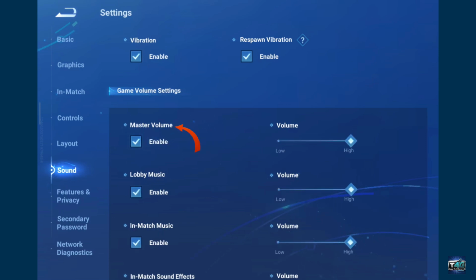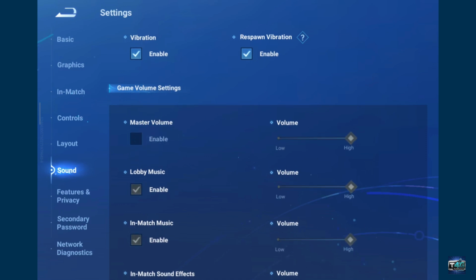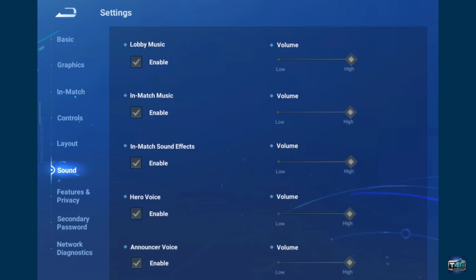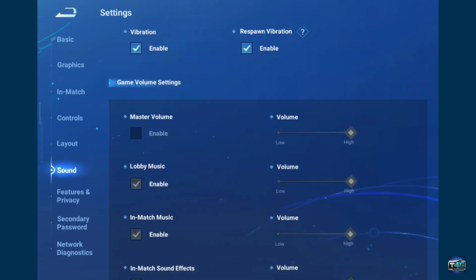Look for the master volume button and if you want to turn off all the sound effects in the game, you can simply go ahead and untick the enable button right under master volume. If you do this, you'll not be able to hear any kind of sound effects in the game. But if you want to turn on the master volume, you can do so by tapping on the little square